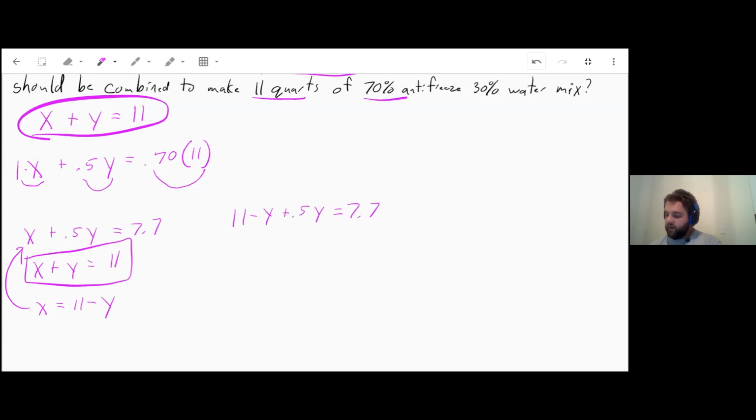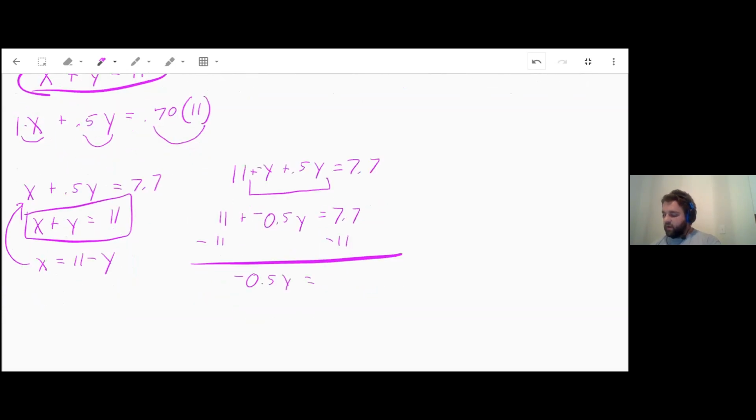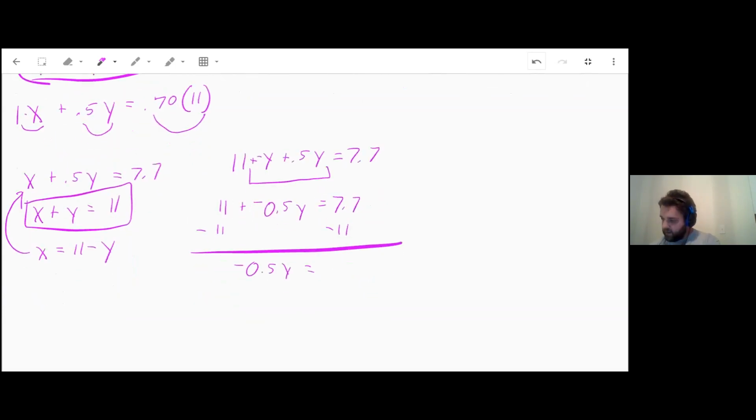Now we can combine our like terms here. So negative Y plus 0.5Y is negative 0.5Y plus 11 equals 7.7. Now we can subtract the 11 from both sides to leave us with negative 0.5Y equals